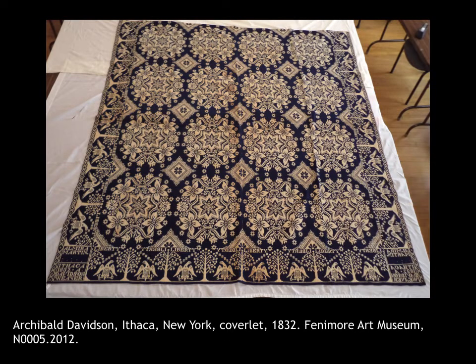As we saw with the first example of Empson's coverlet for Susan Kirby, coverlet borders were where most variety occurred. Center fields consisted of floral patterns, sometimes in rows, as seen in this example by weaver Archibald Davidson, in which he has substituted lilies for Empson's roses in a similar four-flower pattern. The center field designs were most likely created from pre-made patterns and punched onto cards for use with the Jacquard